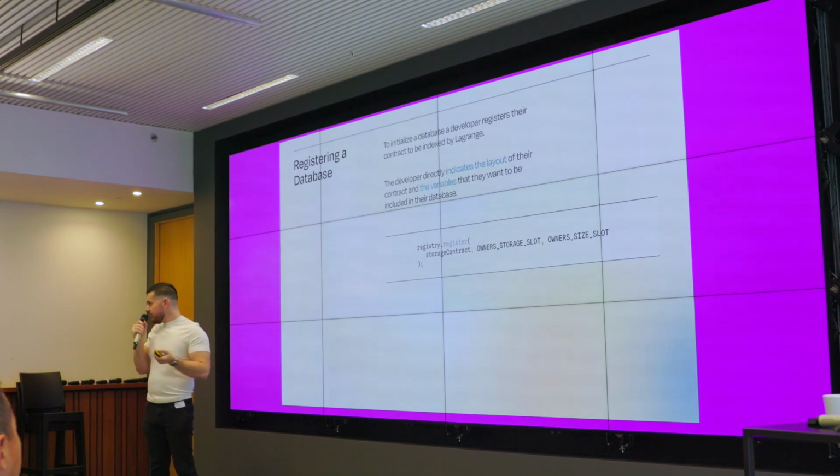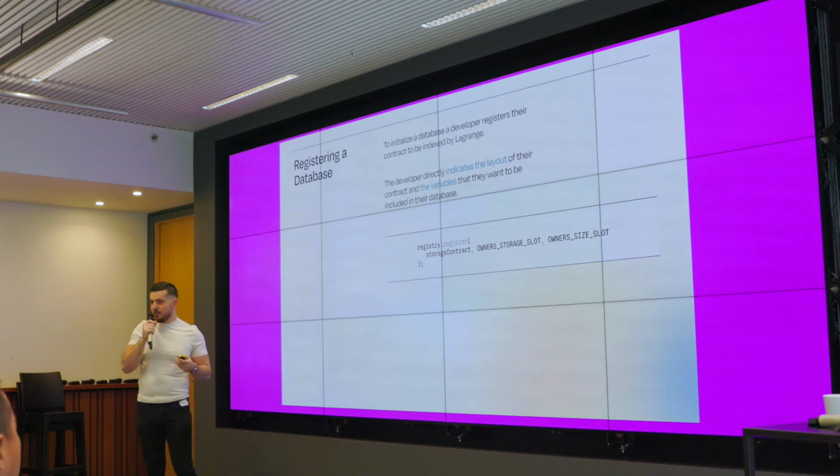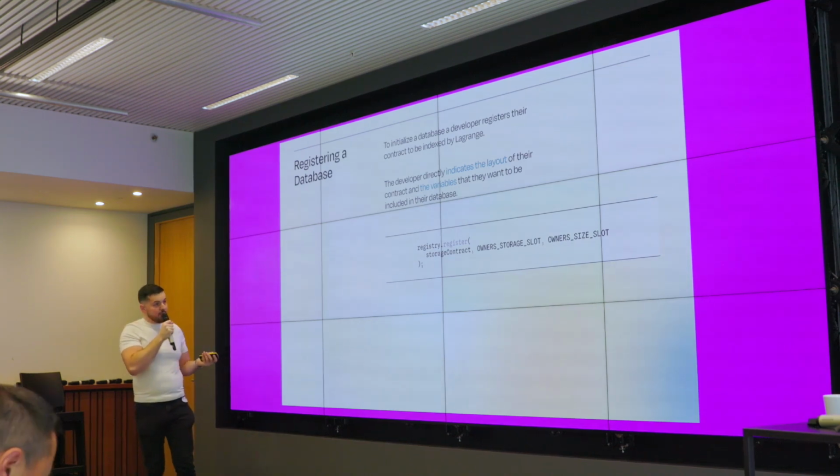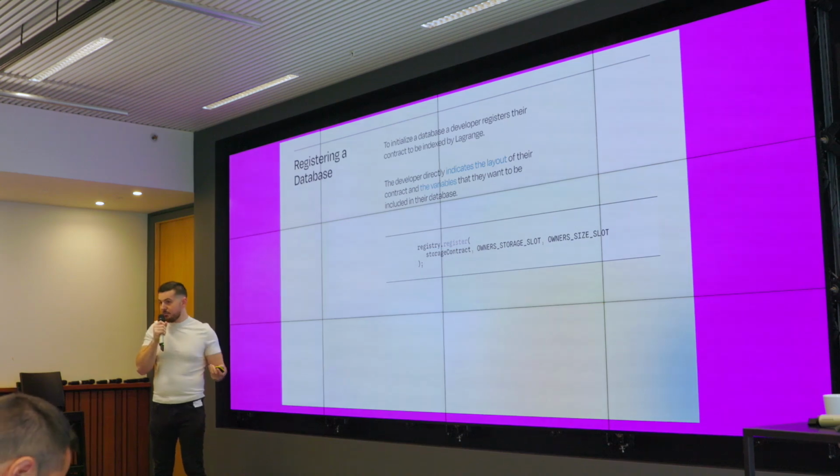And so, to do this, you register a contract with our prover network, our gateway. Our gateway is responsible for looking for emitted events that match the specific schema and iteratively building verifiable databases